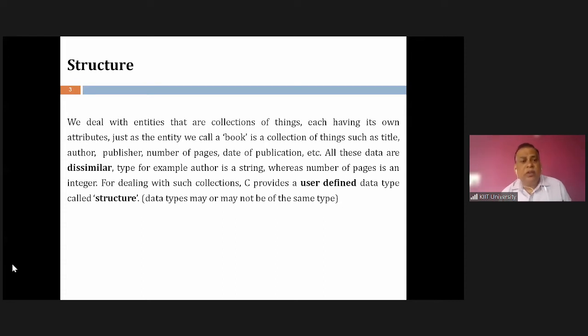And when you define your own data type, it can either be a structure, or a union, or an enumerated data type. In three ways we can define it: either by using a structure, or by using a union, or by using an enum. So we will define our own data types.